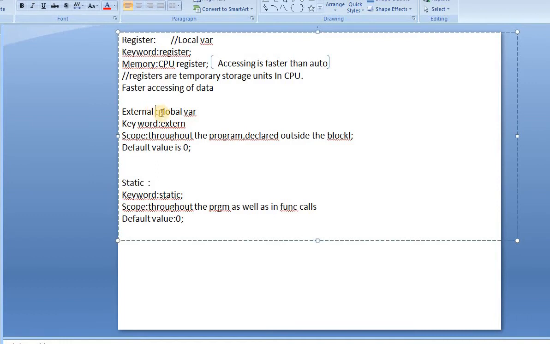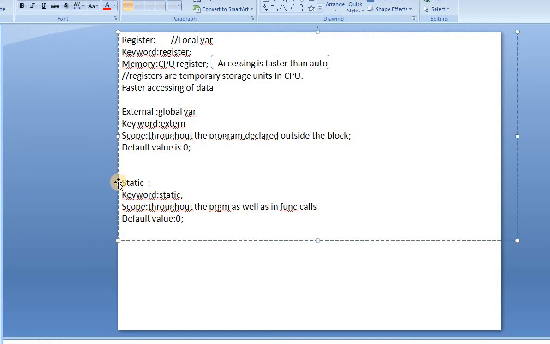Here the variables are global variables, that is, you cannot declare them inside the main function or inside a block. The scope is throughout the program, as I already told you in the scope concept in the earlier video. Global variables are declared outside the block, outside the main function, and the default value for global variables is 0.